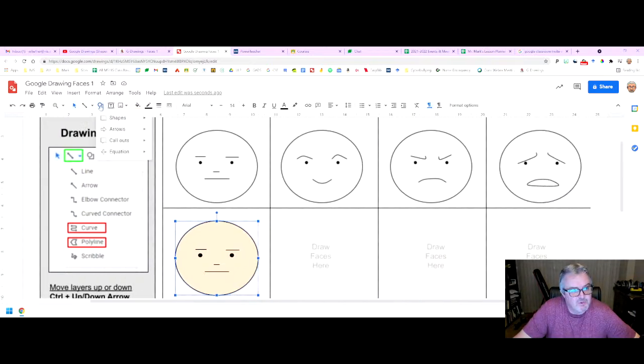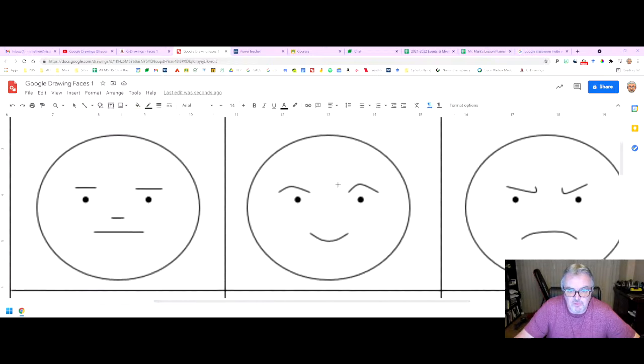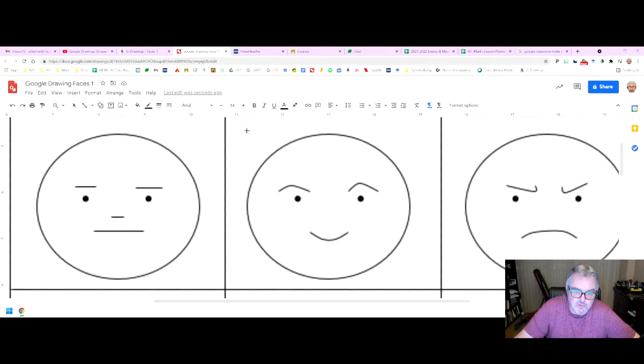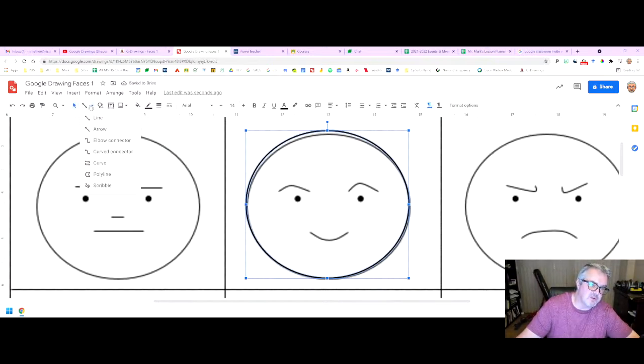Okay, so here we go. Let's get another circle. Let's zoom in again too. There we go. Now I'm going to drag this right here. There's my first circle. Let's make it transparent. Now over here is where you get your lines and your curves and your polylines, and we're going to use